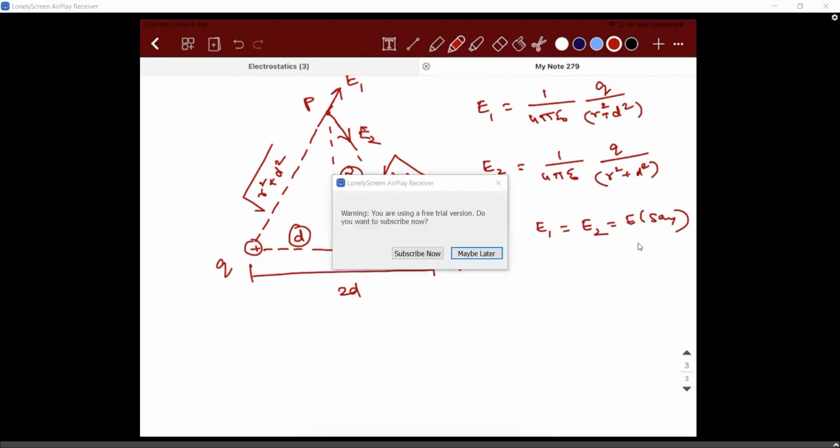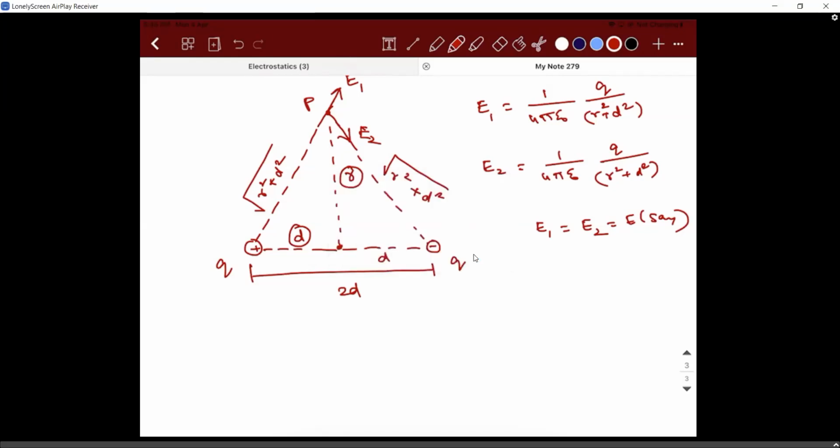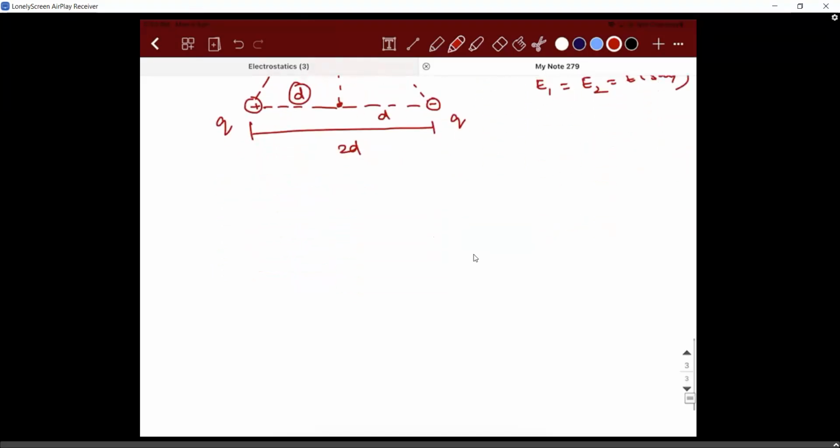In the previous case, our life was simple because they acted along the same direction. So when you did the vectorial addition, your job was only to take plus and minus sign properly. Whereas here, what is happening? They are acting in some random direction. So E1 is in the northeast direction and E2 is in the southeast direction. So it is going something like that, right? So when that is the scenario, we need to bring a common ground to it. For that, what I'm going to do is, I'll draw a separate diagram that is like a free body diagram